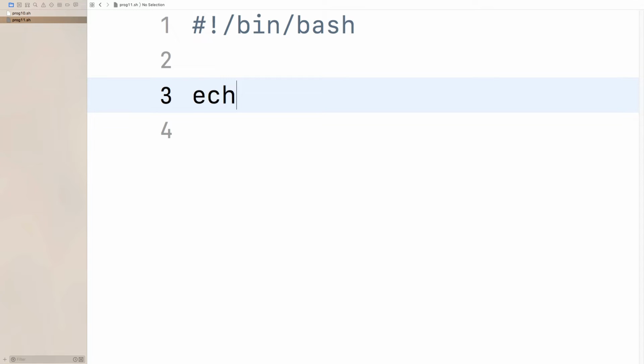Almost all the programming languages offer us the facility for command line arguments.